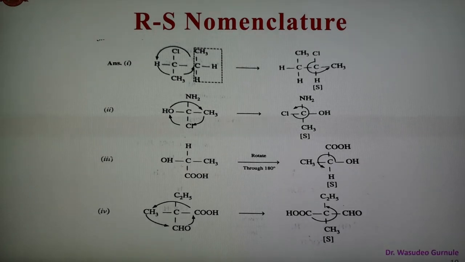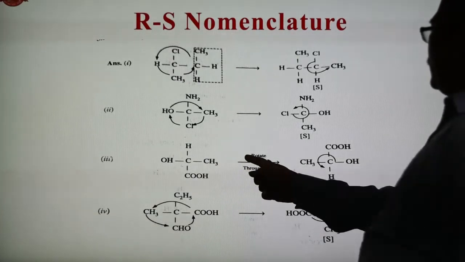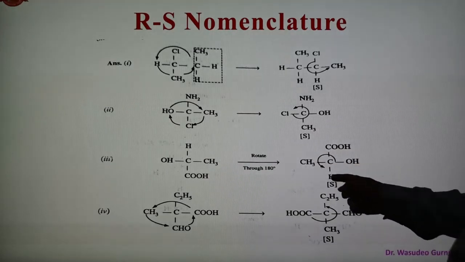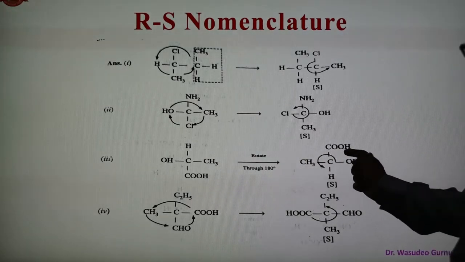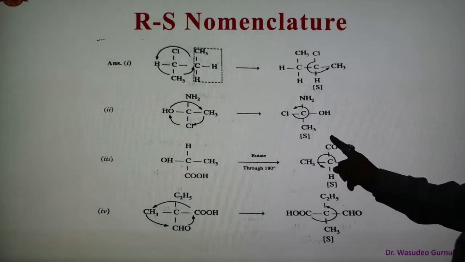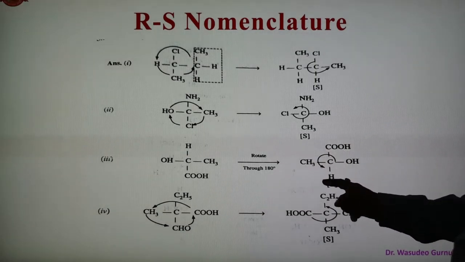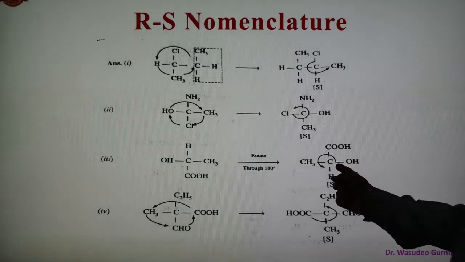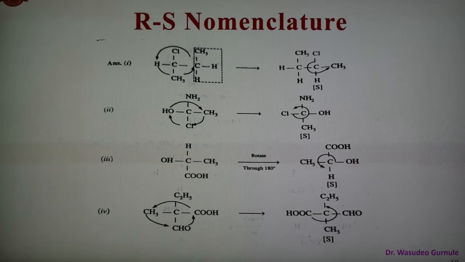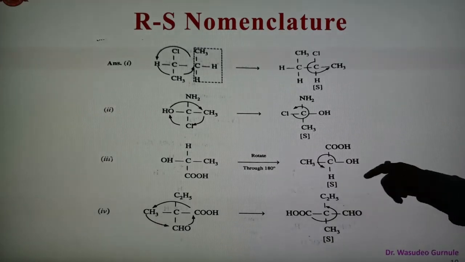So we have to find out. And the third example is this, the example given, and rotate through 180 degrees. After rotating 180, this COOH comes here, H is here, CH3 to this side, OH. Now find out. In this case, oxygen is 1. These two carbons are there, but this carbon is attached to oxygen, therefore this is second, this carbon is third, and this is the last. So 1, 2, 3, so again it is anti-clockwise, therefore the configuration of this compound is S, sinister, means left, anti-clockwise.